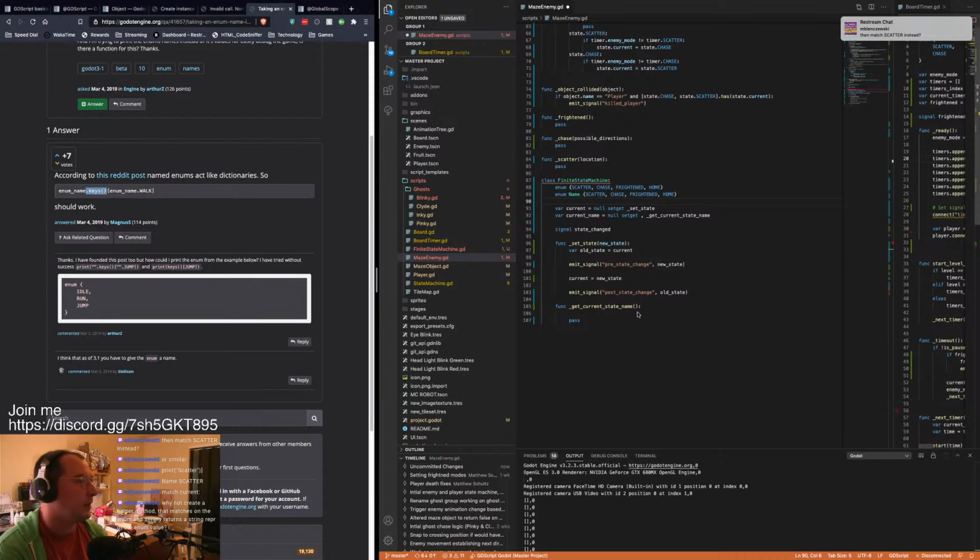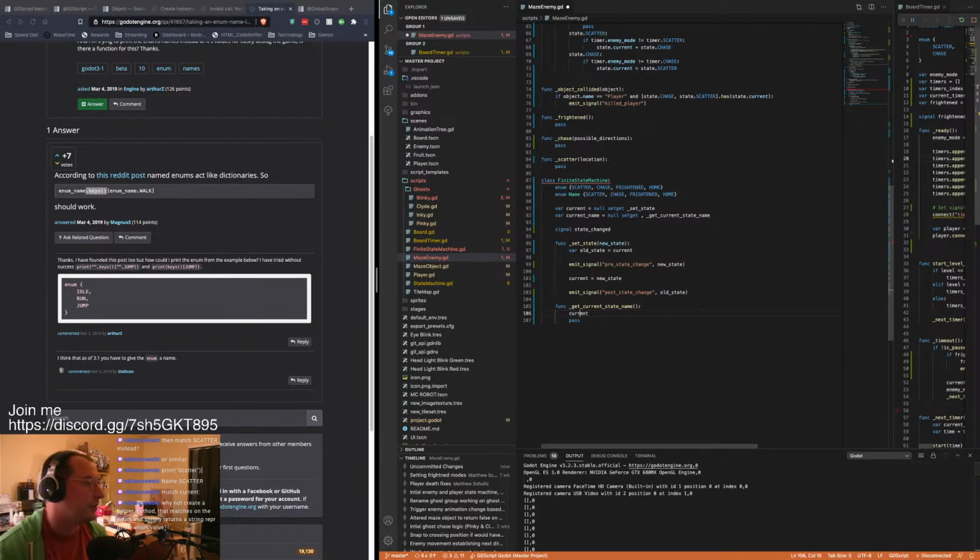And then I look up, okay, so if I go current like this, and I do name dot keys, and then I look up the current enumerator,